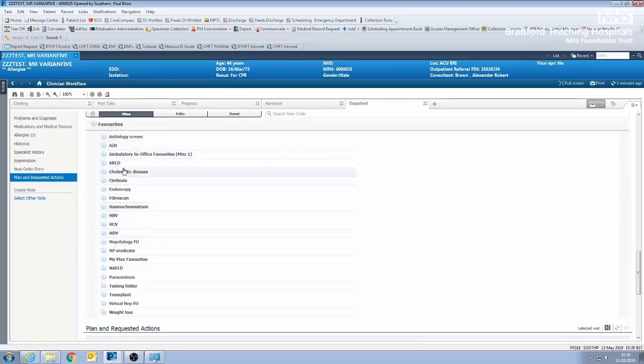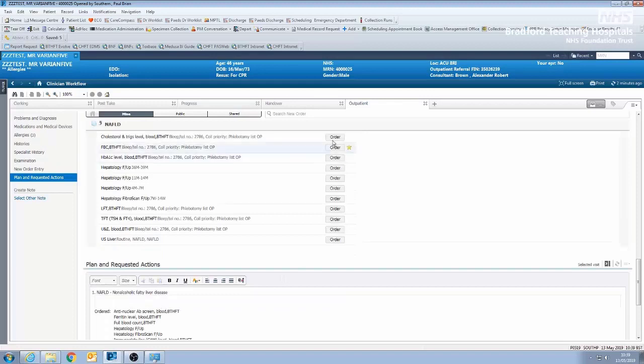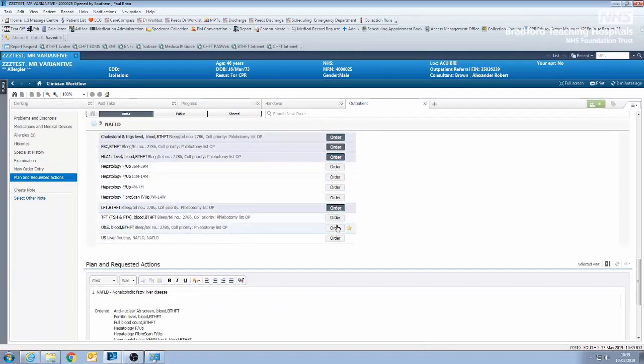Hep B, Hep C, hemochromatosis. In this situation, we're going to use the NAFLD box, and I'm going to check their cholesterol, their full blood count, their HbA1c, their liver function tests, their thyroid function. I'm going to get a routine ultrasound scan of the liver. I'm going to get a FibroScan of the liver, and I'm going to see them again in clinic in 6